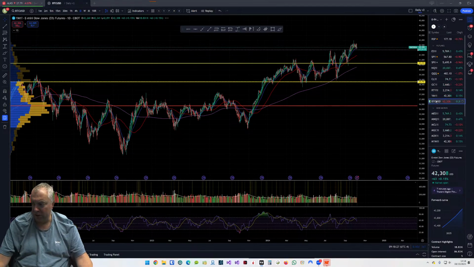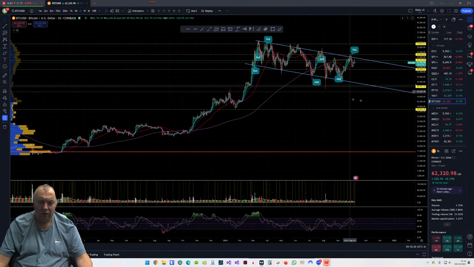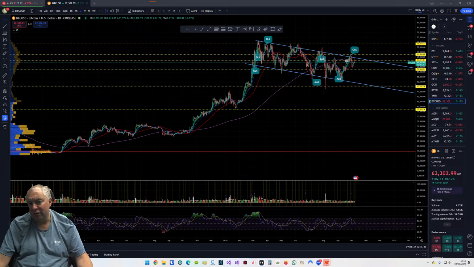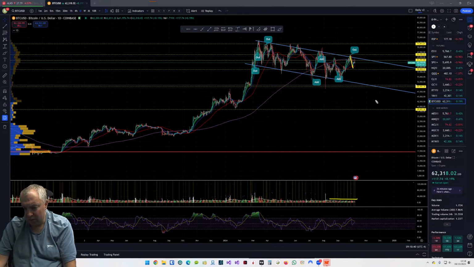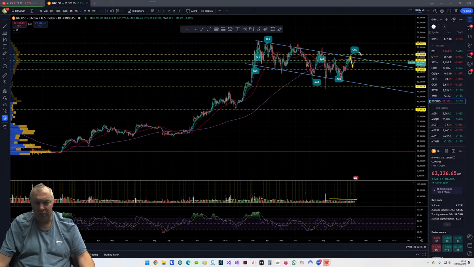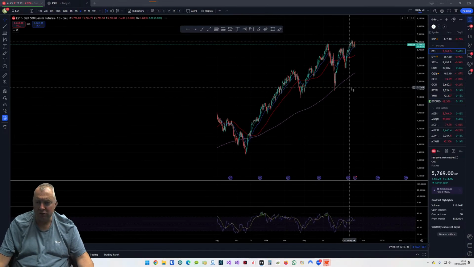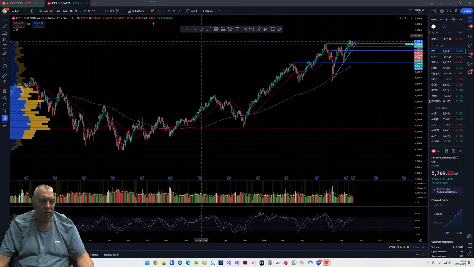And then Bitcoin, still well within the channels. Again, there's not much to do. Sold off, not much volume, decline in volume, below average volume. So we're looking for a breakout and a retest of this level, or we're looking for a sell off down into this lower level. Let's look at ES and on the daily, and I'll flip over to the order flow. Oh, we are on the daily already.